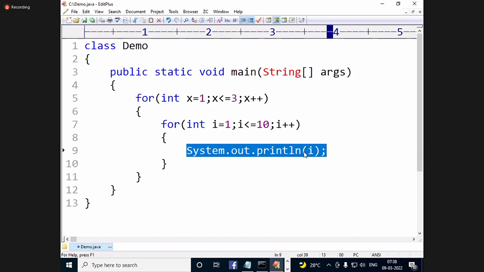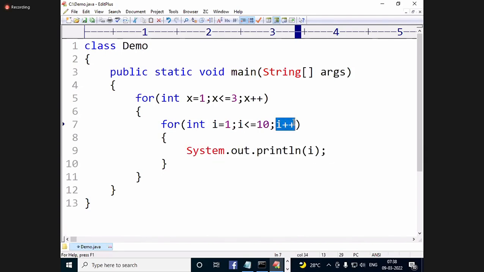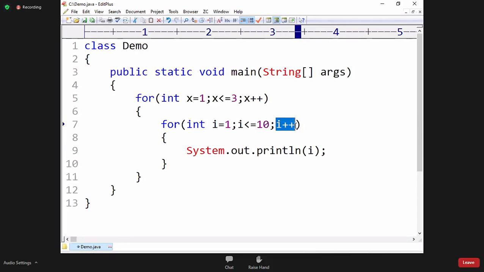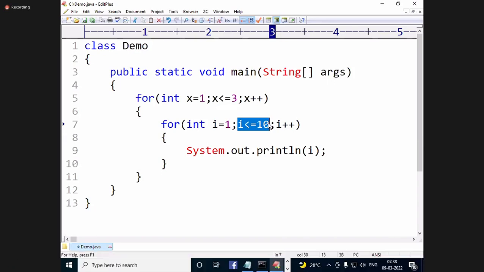After printing the i value, i plus plus. Next, i less than or equal to 10. Next, i is printed. Again i plus plus. Like this, it will rotate 10 times. It will become 11. 11 less than or equal to 10 is false. Then where does the control go? x plus plus.